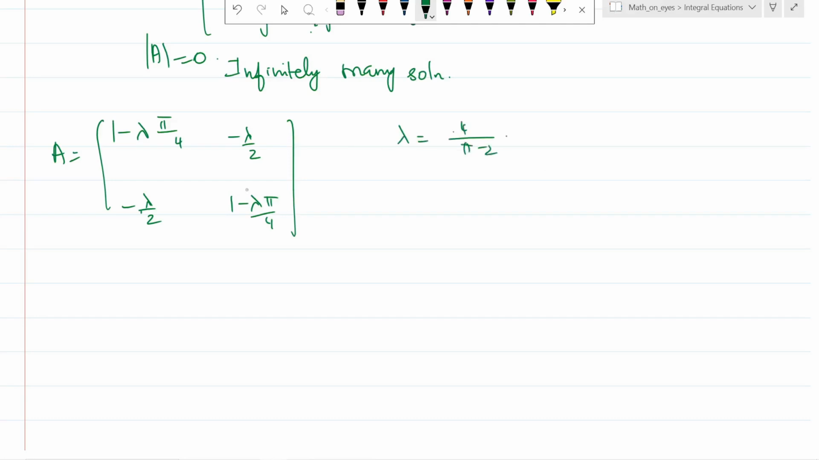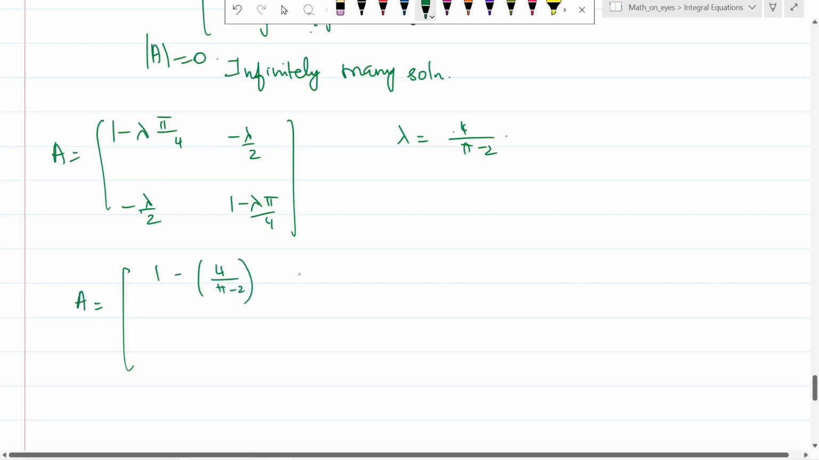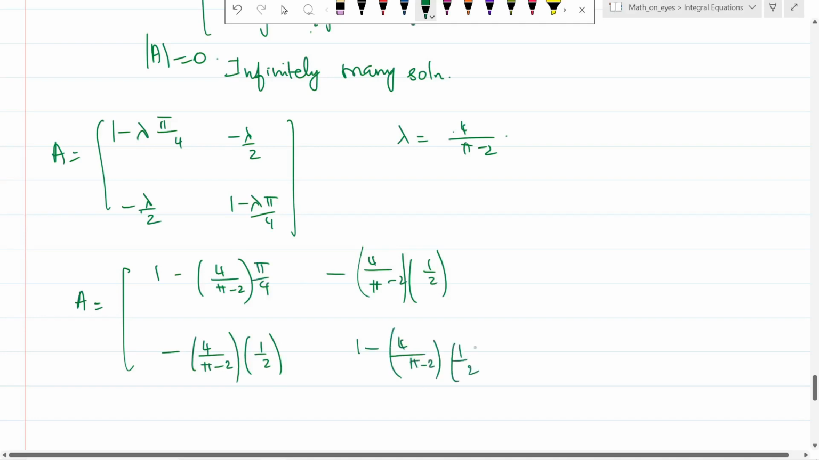If I apply lambda is equal to 4 divided by pi minus 2, I'll find this matrix has determinant 0, right? So we find the matrix A is equal to 1 minus lambda, where lambda is 4 divided by pi minus 2. We find the augmented matrix and then we will evaluate whether it has no solution or not. So first we will reduce the matrix A. This is 4 divided by pi minus 2 into 1 by 2. And this is minus 4 divided by pi minus 2, 1 by 2. And then this is 1 minus pi by 4 here. 1 minus 4 divided by pi minus 2 into 1 by 2,